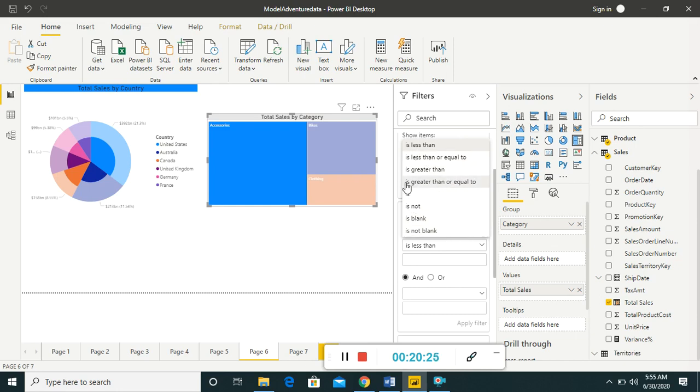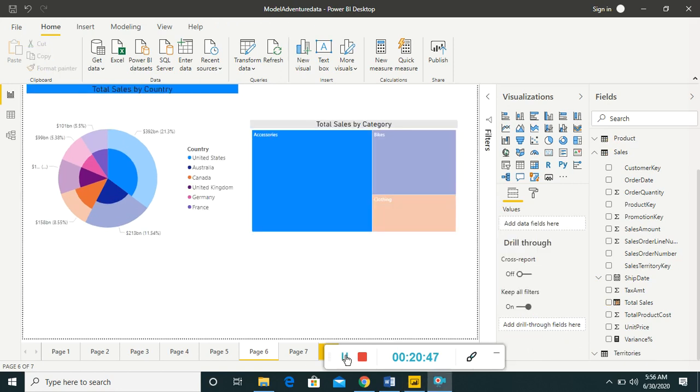So you can display only those sales whose value is less than or greater than some particular number. So you can apply various filtering options using this filter tab.